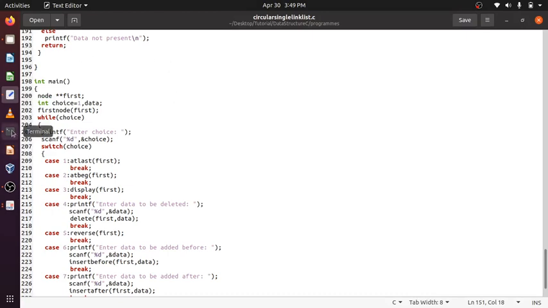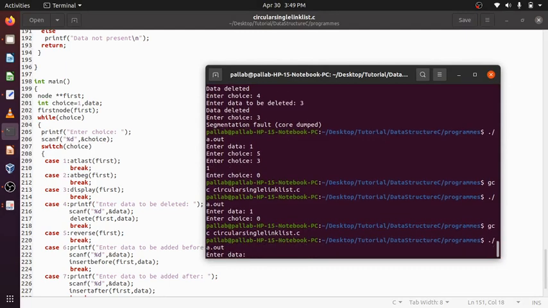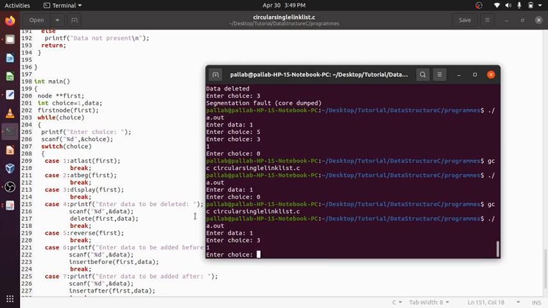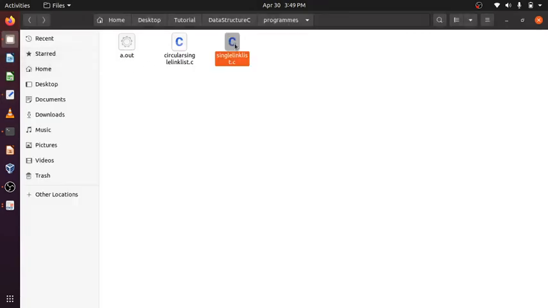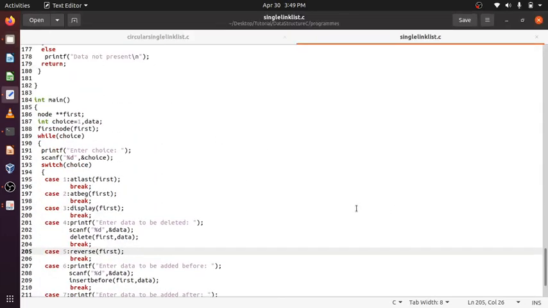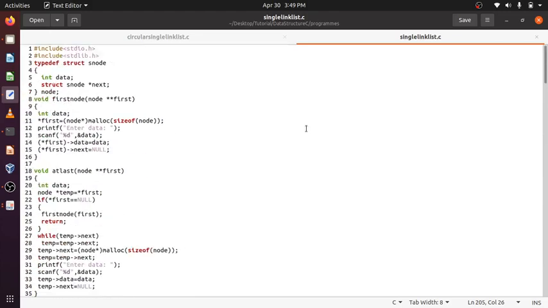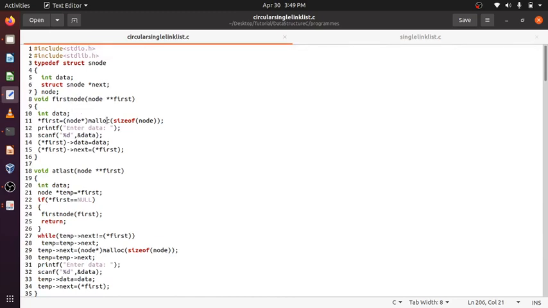Now first execute the program. Let's create the list first. While explaining, I should create. Now the list contains one element, the first node. The first node function is called here, also the first node function is called.